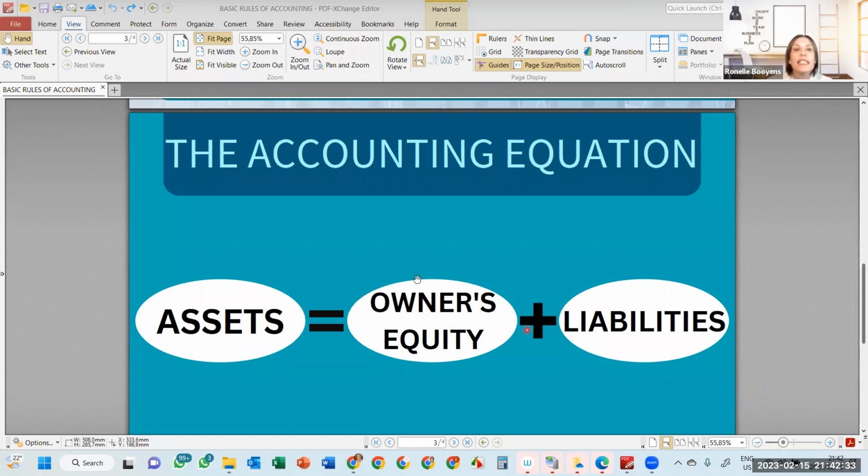So the equation says assets in the business, and remember, we're looking at it from the business's perspective and point of view, assets in the business are equal to owner's equity plus liabilities. Now, maybe you've come across the concept of assets. What is an asset? If you just listen to the meaning of the word, it's something of value. If I say you're an asset to this organization, it means you are valuable to this organization. And assets within a business are things that have value for this specific business.